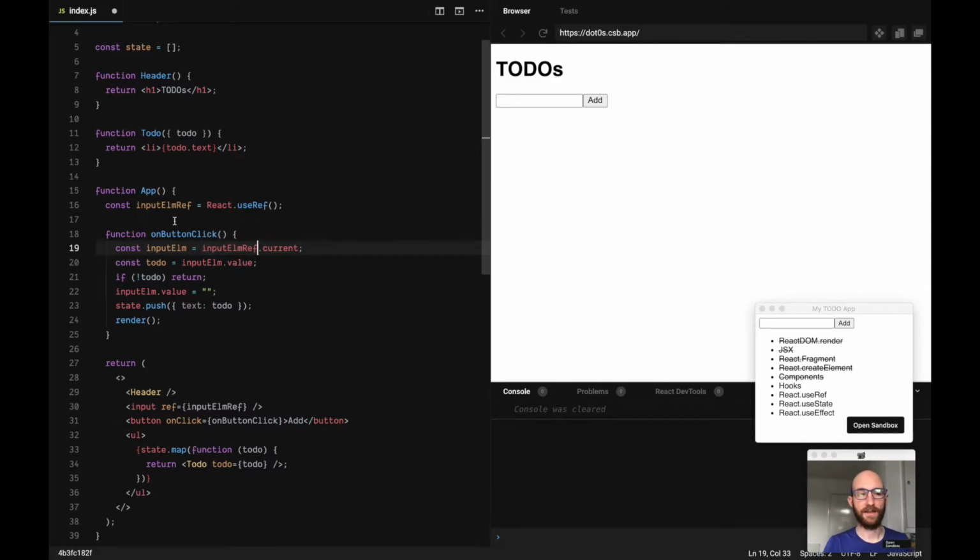And also these things, if it's not obvious, there can't be any conflict. If there's some other app running somewhere on the page, there's no way that this ref is going to accidentally refer to the wrong input somewhere else on the page or some other element, because this object here is just being created just for me inside this app component. I'm using it here, then I'm accessing it here. It can't leak outside anywhere. So our code's better, but